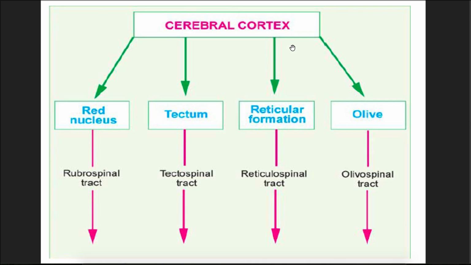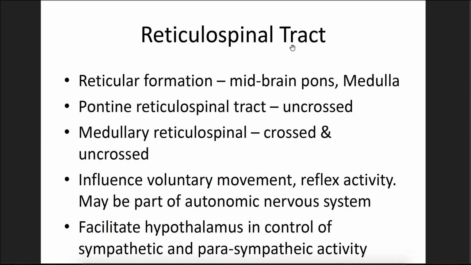Now, the reticulospinal, going to the reticular formation. The reticulospinal tract is actually going to come from the reticular formation in the midbrain, the pons, and the medulla. And here you will have two types of tracts. Those coming from the pontine reticulospinal area, that pontine reticulospinal tract will be uncrossed, means it will remain on the same side. The medullary reticulospinal tract will contain both crossed and uncrossed fibers, and they will influence voluntary movement, reflex activity, and